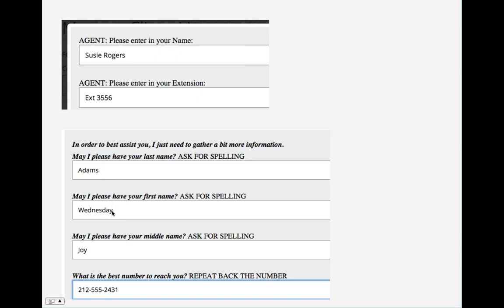We want to make sure that those are captured appropriately. We're asking for the caller's middle name. That has to do with the fact that we're going to need that to possibly book them travel. And so we collect that on the inbound call. We also need to collect a phone number, the best phone number to reach that caller. You want to make sure that you repeat back the number so you know you've accurately captured those digits.